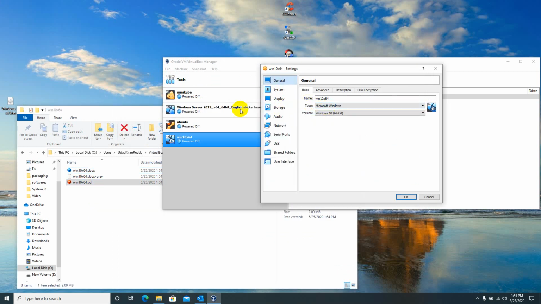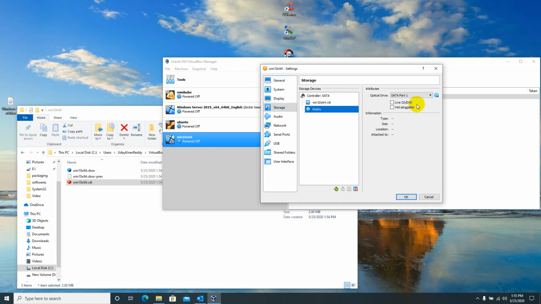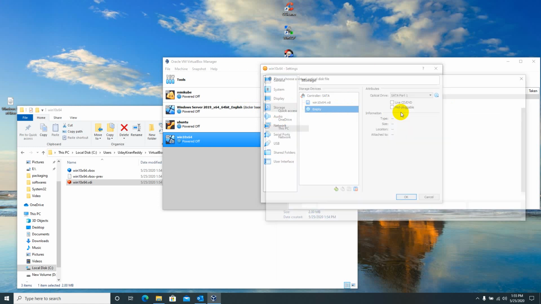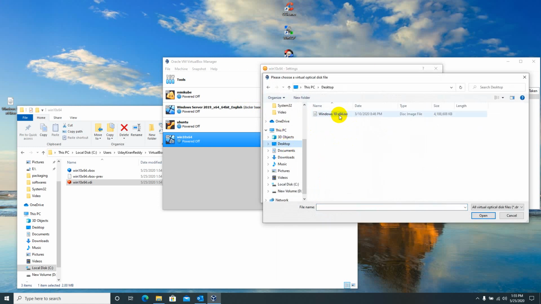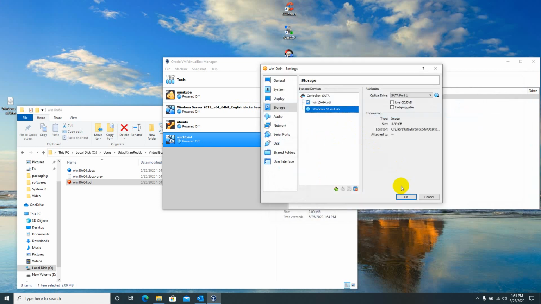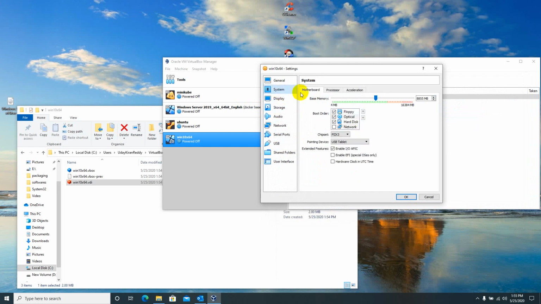For installing the OS, I need to insert a CD if it is a physical system. Here I will select this, click on this and select the ISO file which I copied. Let me go to system and see how many processors I kept. I have 4 CPUs, right? Let me keep two CPUs in this one.